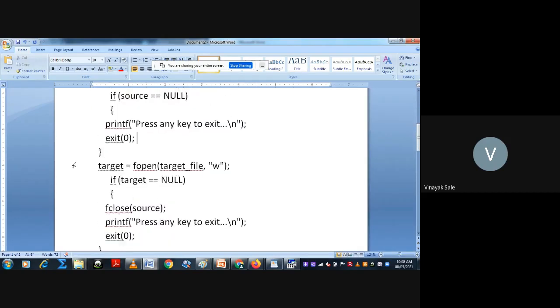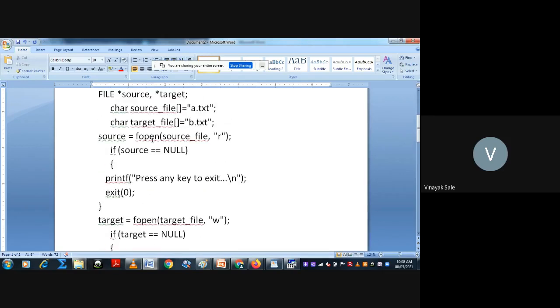Similarly, target is equal to fopen. The target file is opened for writing. Here, the source file is opened for reading the contents from that file, and the target file is opened for writing the contents in the target file.